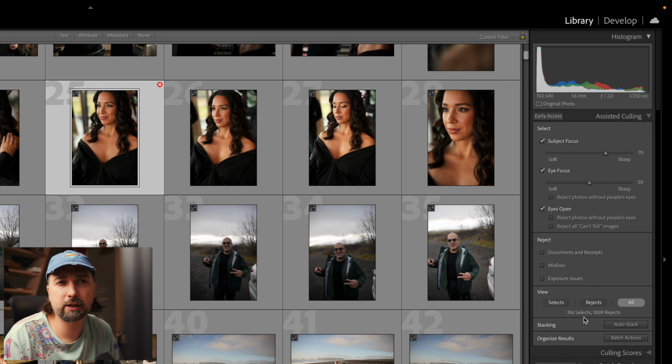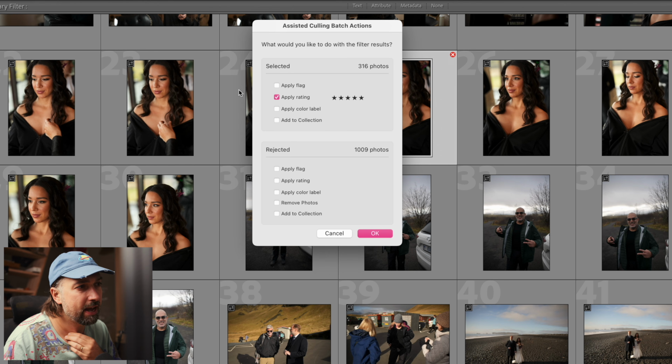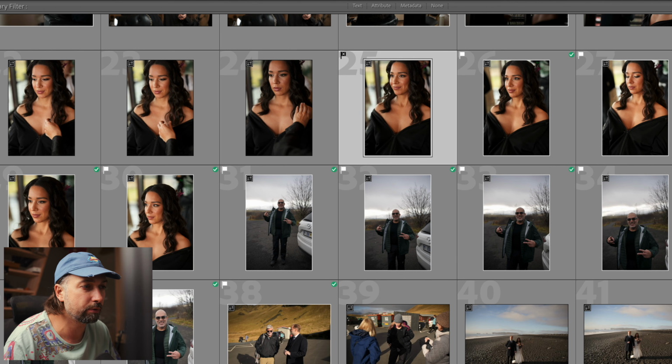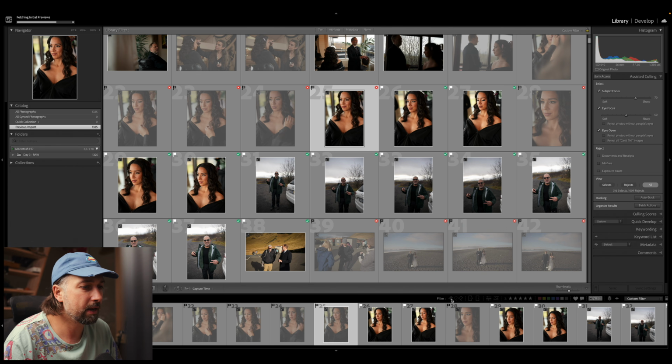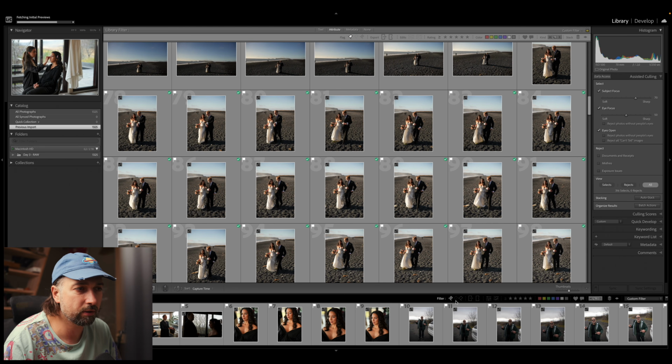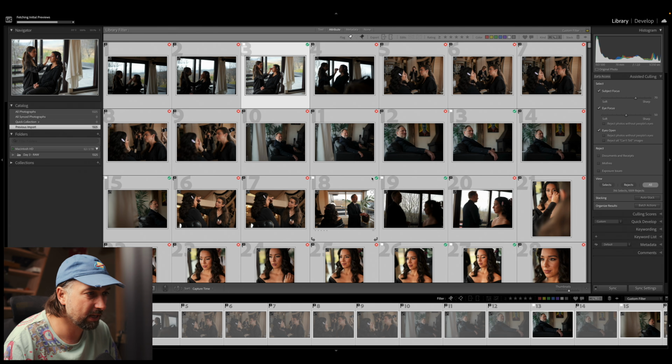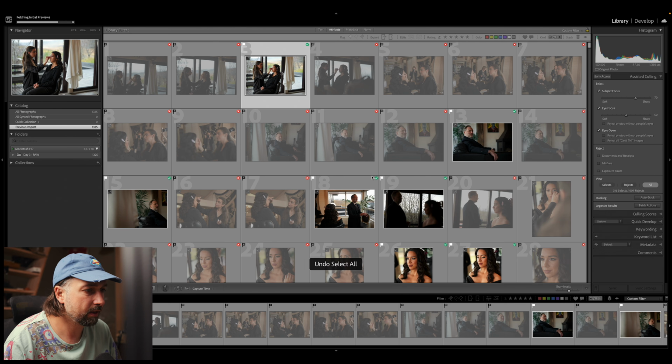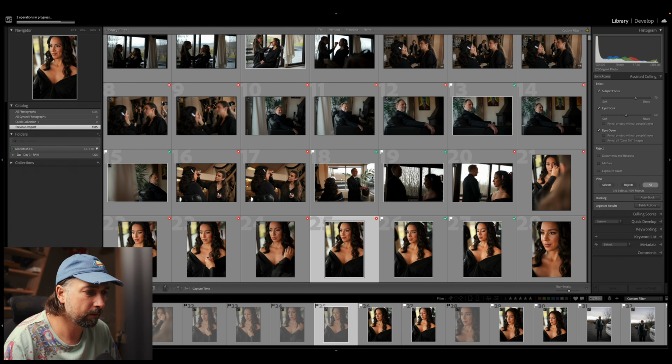The one more interesting feature that you have here that I don't think I've seen in the import module is you can organize these results. So you can go to batch actions and you can apply a rating, a color, a flag to whatever you choose. So let's say you can apply the pick flag for all the photos that are selected and the rejected flag to all the photos that are rejected, and boom, okay. And you can then easily filter those images. So boom, let's say we're focusing only on these images and not the other ones. So that's one thing. I'm actually going to reset that, so I'm going to undo that,